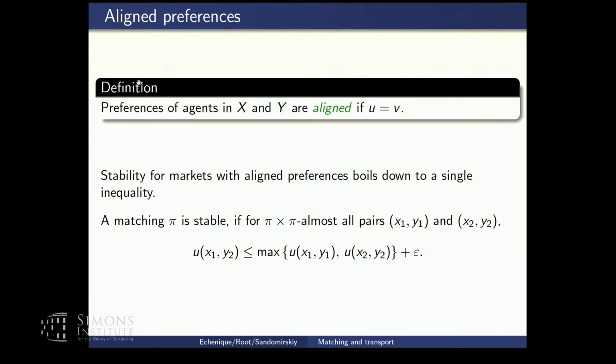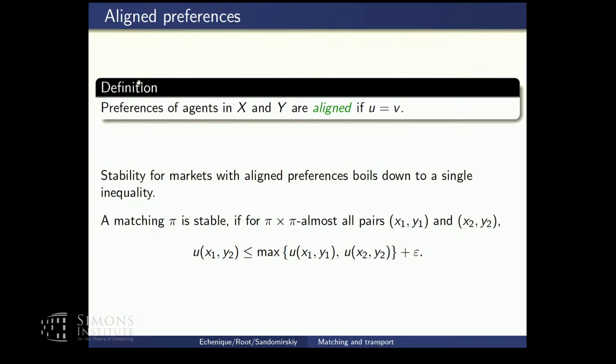All right. So I'm going to focus on aligned preferences. What does it mean for preferences to be aligned? Well, they're aligned if the utilities are the same, if U and V are the same. In that case, this inequality simplifies, and a matching is stable if whenever I take the two couples, x1